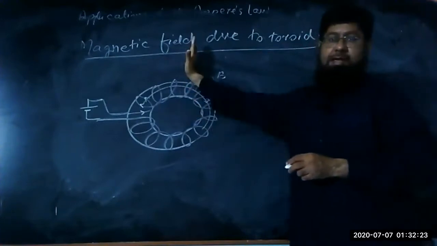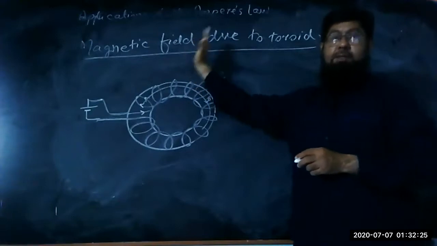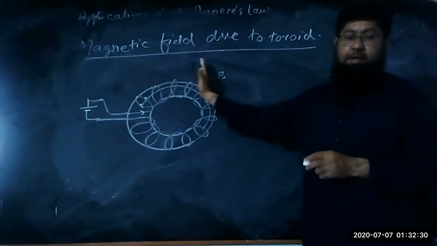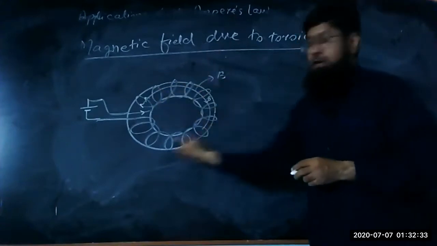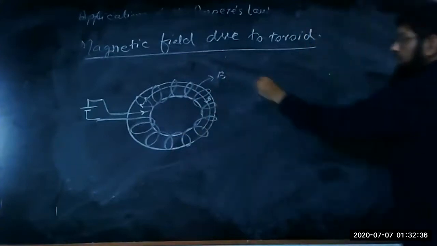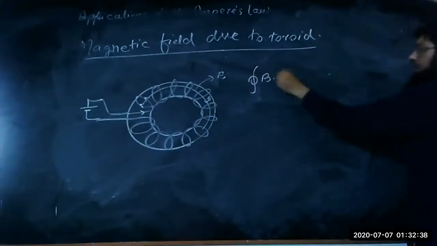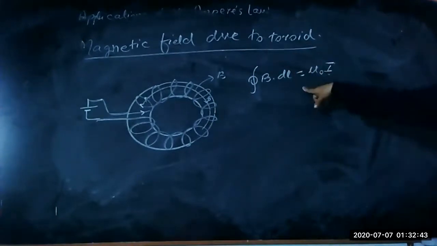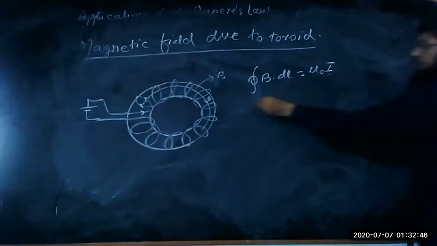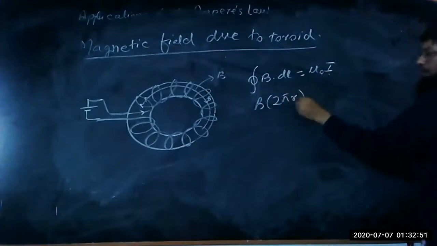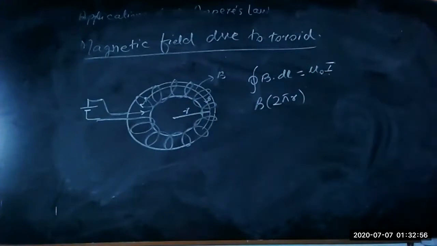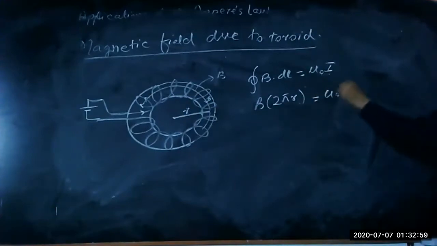Perpendicular to the toroid, the magnetic field is 0 because it depends upon B dot dl. B dot dl will survive only when the angle is 0 degree. So here, therefore, the magnetic field is along the closed path. So in the toroidal field, the integral of B dot dl is equal to mu naught I. This is Ampere's law. According to Ampere's law, the integral over dl is equal to 2 pi r. This is the radius r, which is equal to 2 pi r, which is equal to mu naught I.